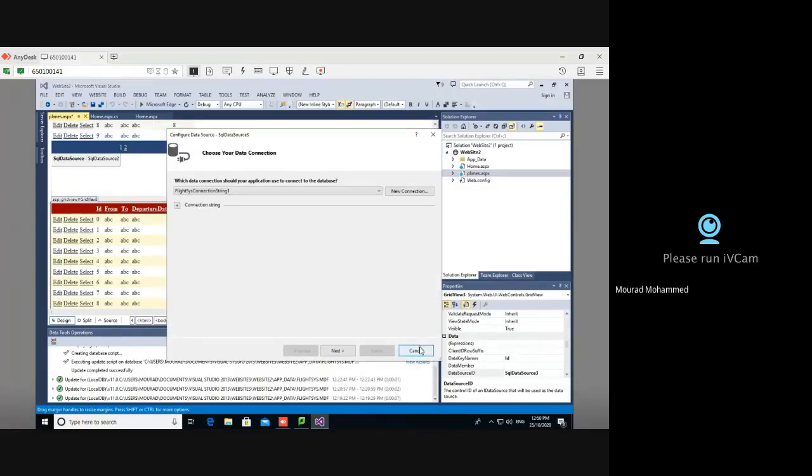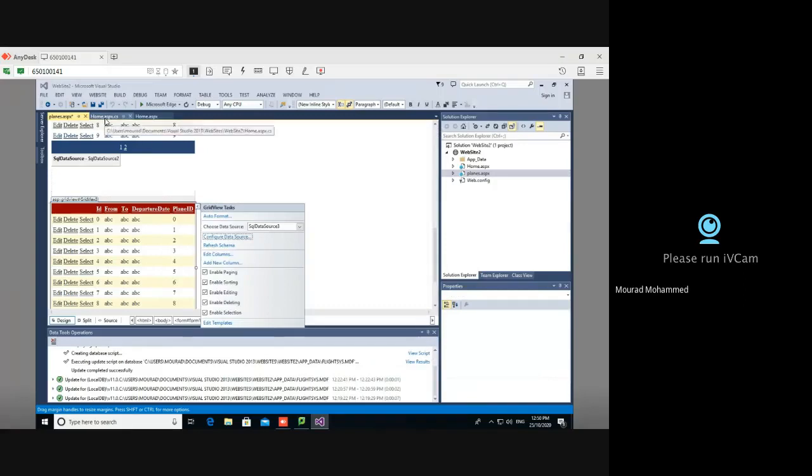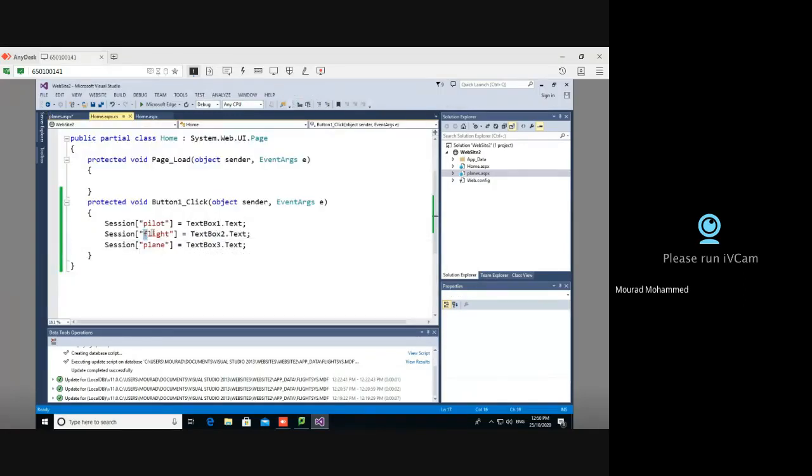Which session, first of all? I'm going to cancel this one. I'll come back to the page home here. I'm going to use the flight session, which is this one. The session name is flight. See this word. I'm going to utilize this one. So